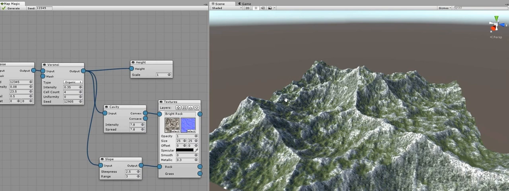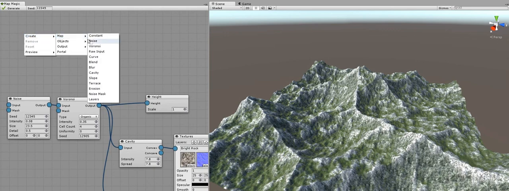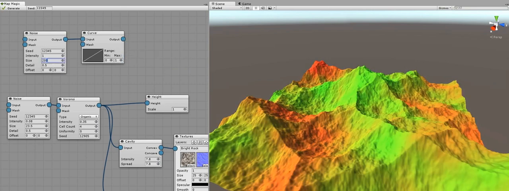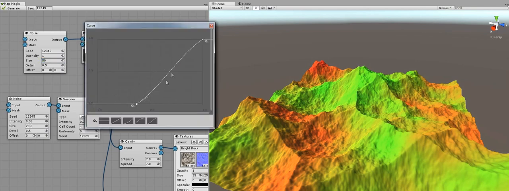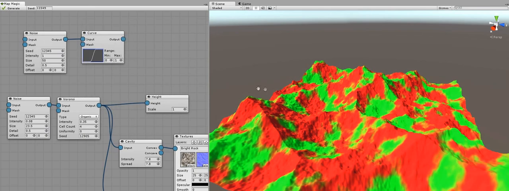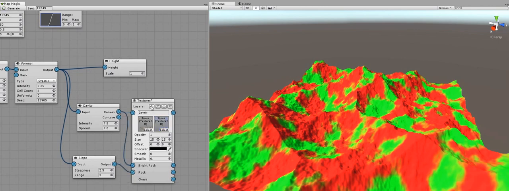For example, we would like to add one more grass layer. This time it will be the dry grass. And we want to mix it with the green grass using the standard noise pattern. Wait a second, I'll create this pattern and make a preview. And we've got to use curves to make it a bit more contrast. And now let's add the dry grass layer and set it up.